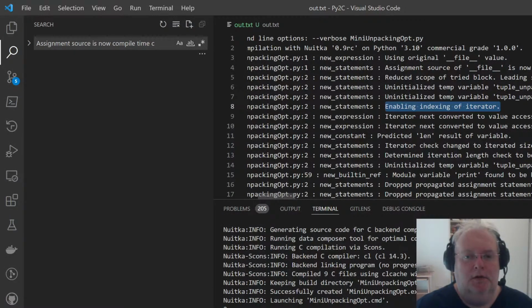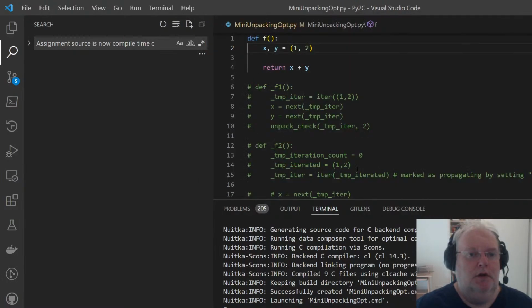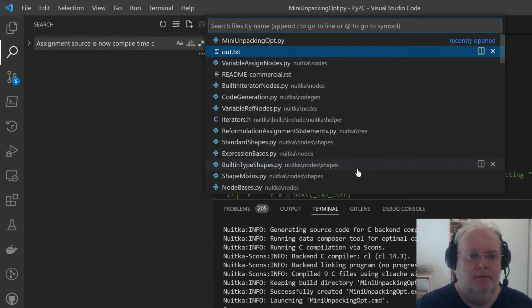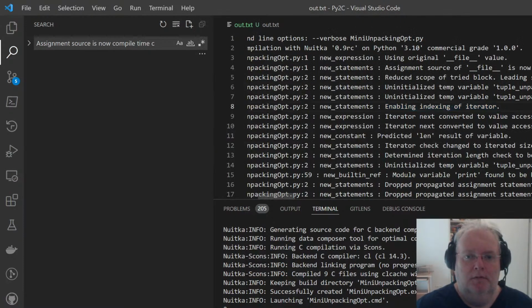Yeah, we do not have a real name for this part here. So basically enabling indexing.